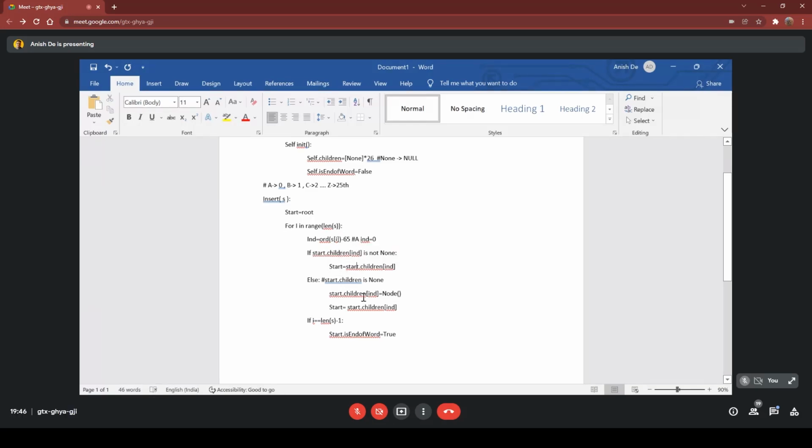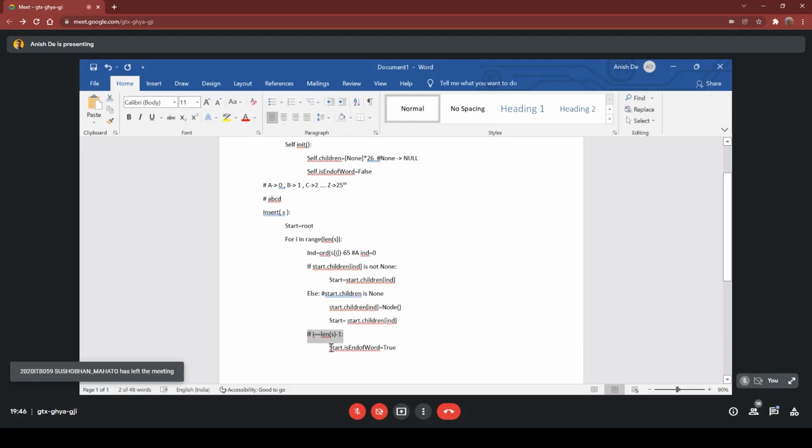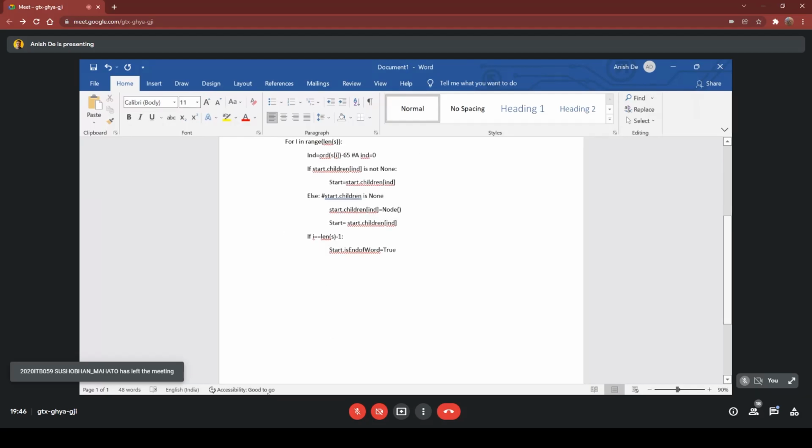Otherwise, if that child is empty, we create a new node in that child and update start to that child. Okay. And when we are at the last character, for example if the word is abcd, when we are at the character d, the end of word should be true, right? So when we are at the last character, we update the end of word of start as true. Okay.